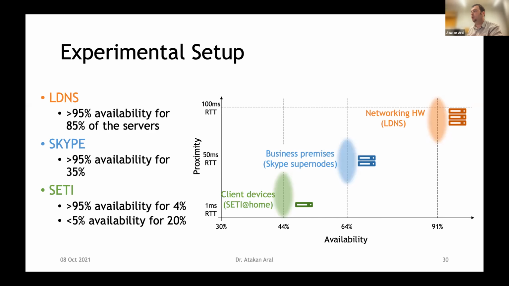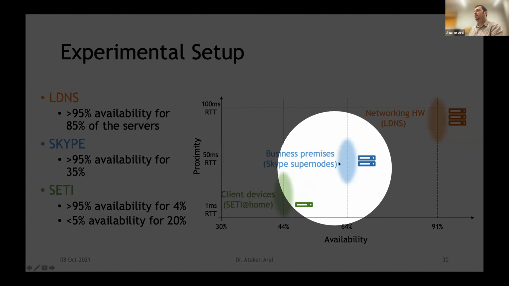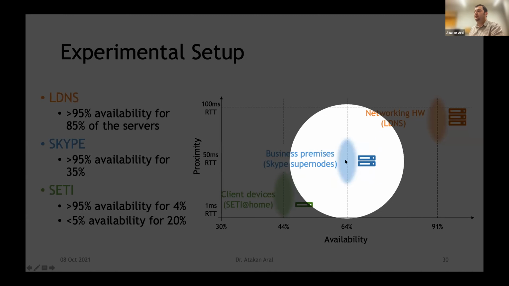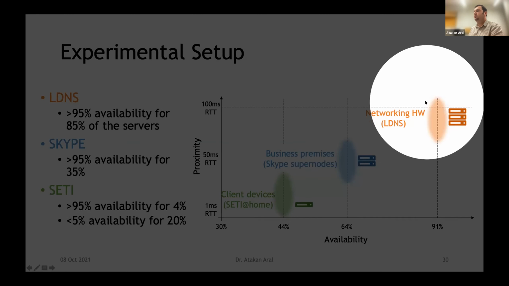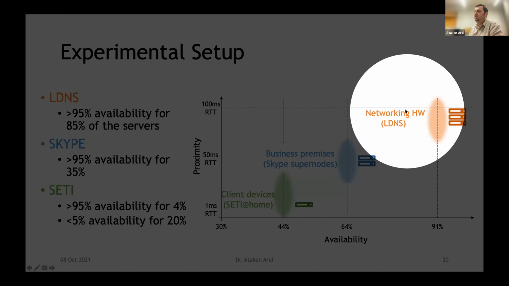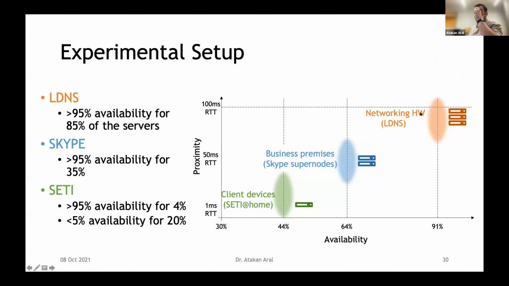So, there is fog computing, which uses the whole continuum, and there are different ways of doing this, and these would have different availabilities. So what we did was to take 3 representative cases, one using client devices. So we used the failure traces from client devices. The other one is having a set-top box in business premises as an edge computing node. And the third one is using the networking hardware, for example, gateways or DNS servers as edge computing nodes for computation. So these 3 types of edge computing have different benefits and